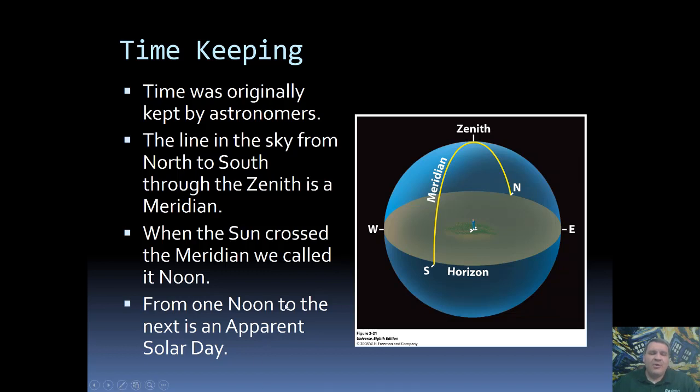This is the meridian. The meridian is the line that goes from due north through the zenith to due south. Remember, the zenith is the point that is directly above the observer. So it goes from due north directly overhead to due south of the observer. Just like the zenith travels with the observer, so does the meridian. Your meridian is not going to be the same as the meridian for someone in Denver or Las Vegas or some other part of the Earth. The meridian travels with the observer.